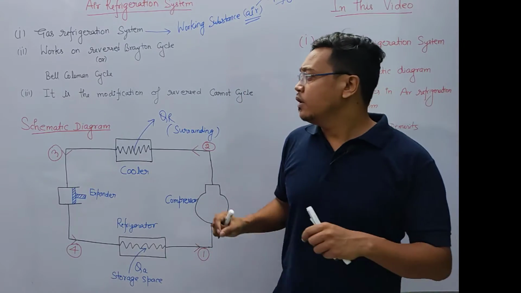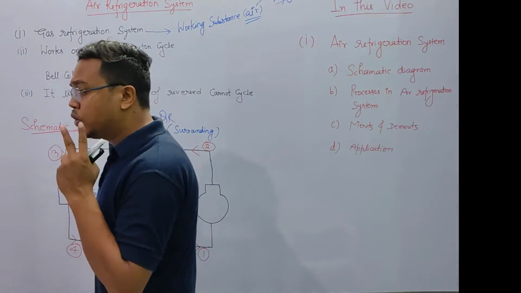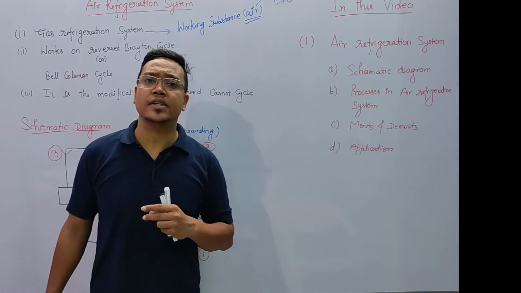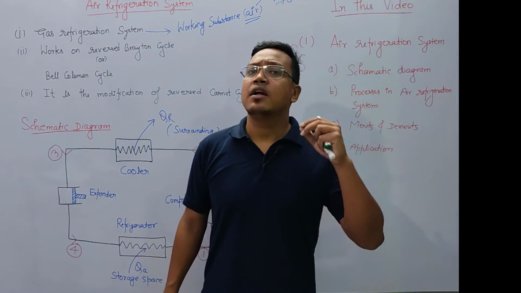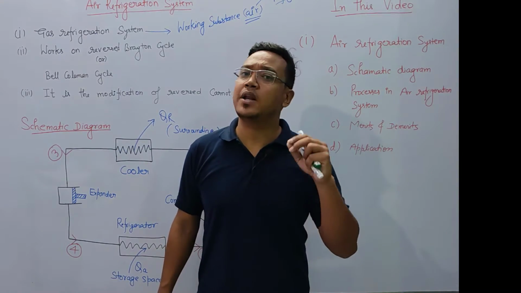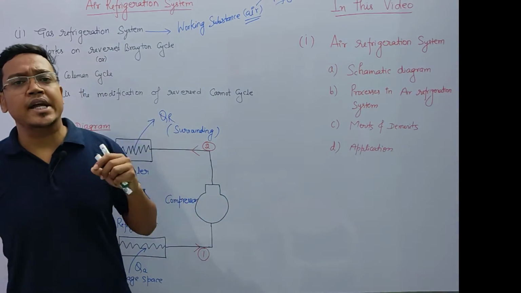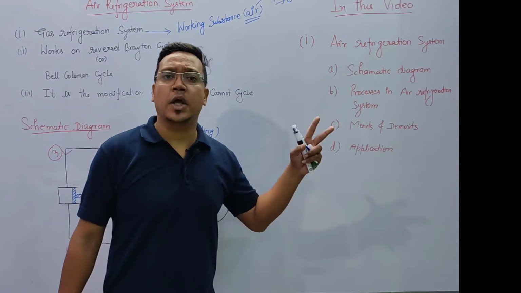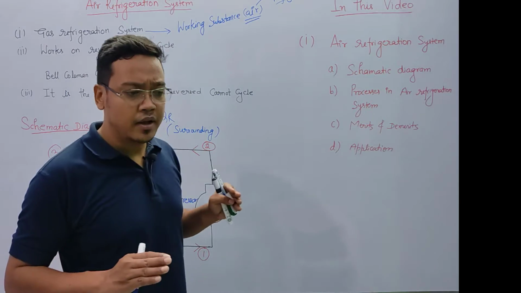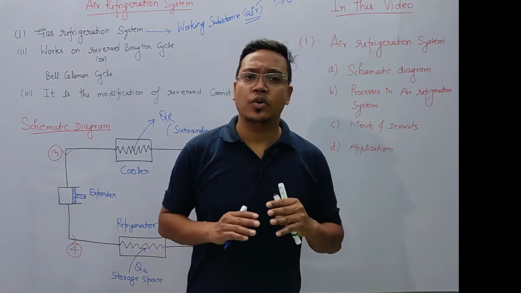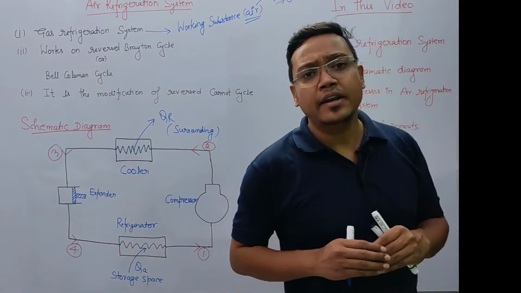See here how. In the reverse Carnot cycle, I told there are four processes. Two processes are constant temperature processes or reversible isothermal processes. And two processes are isentropic processes or reversible adiabatic processes. See my friends, the combination of constant temperature process and reversible adiabatic process is not possible. The reason you know very well, you are studying from the time of your school, but here I'll explain.